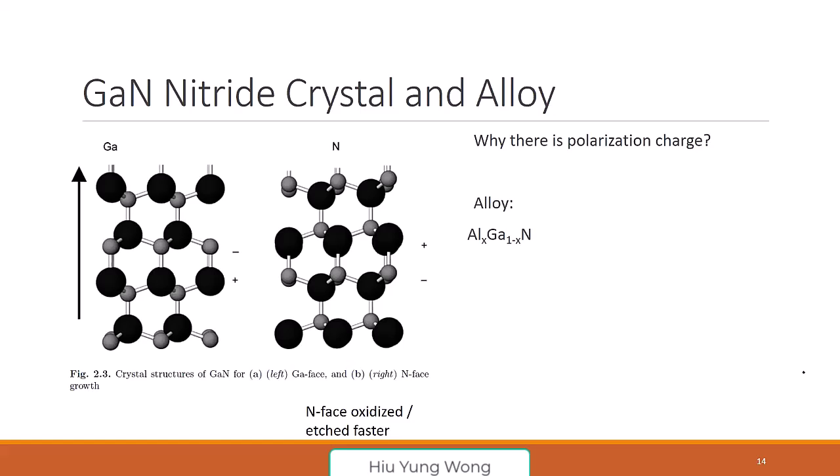You see, this is, what do you call? Hexagonal structure. Remember hexagonal structure, we have so-called silicon phase, carbon phase in silicon carbide. In gallium nitride, you also have gallium phase